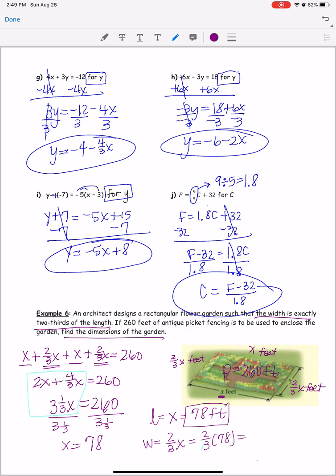So calculator work again. And we get 52 feet. Okay, and you can check it, add them all up. Is 78 plus 52 plus 78 plus 52, does that give you 260? And yes, it should. So that's all I have for this lesson. Let me know if you have any questions. And of course, you guys can pause